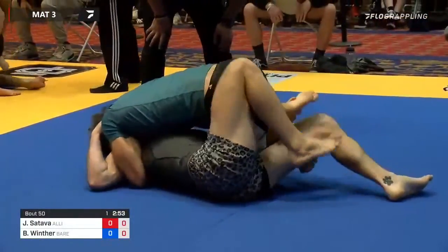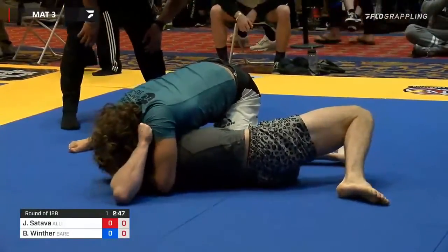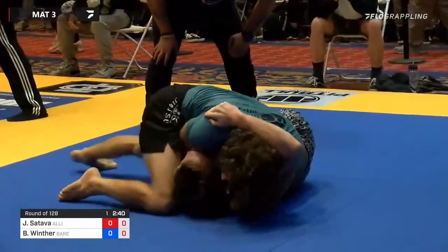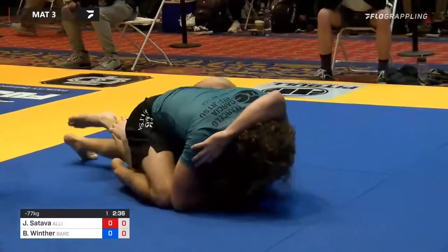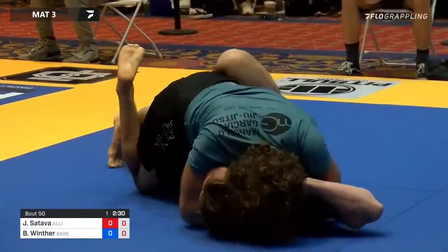And then he'll just sit there. He's got lots of pressure. He's working himself past. I think he waited until the points, and now it's points. So he's got that knee through. He should be getting the points for this. Yeah, I would imagine he's got that chest-to-chest control, and he's back into the half guard now. But I would imagine that time that he managed to free his leg from the guard could earn him the